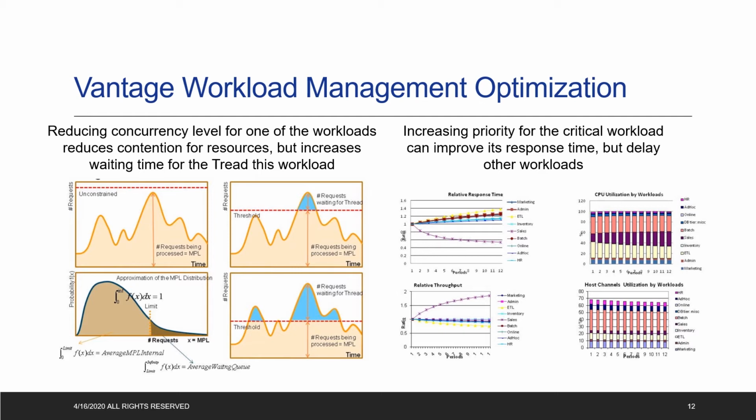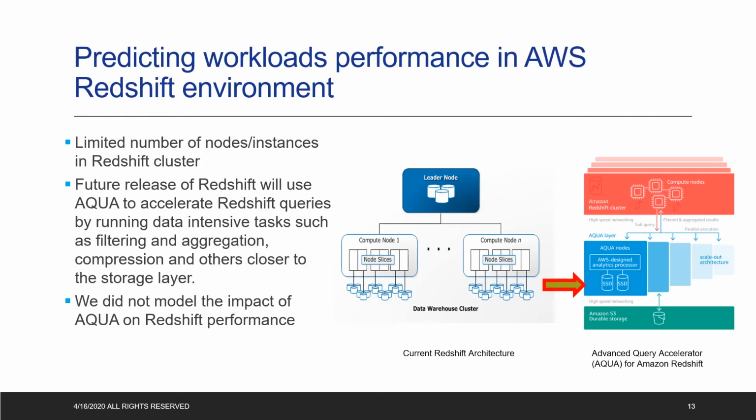So other workloads will have improved response time, but a workload with a constrained number of concurrent requests can have additional software delays. The same thing happens with priorities. Increasing priority for one workload can improve response time for this workload, but other workloads can suffer. It improves throughput for the workload with increased priority, but throughput for other workloads can be reduced. When we model